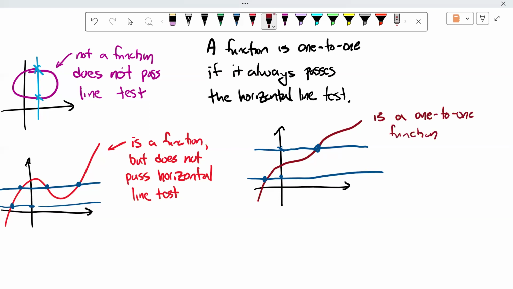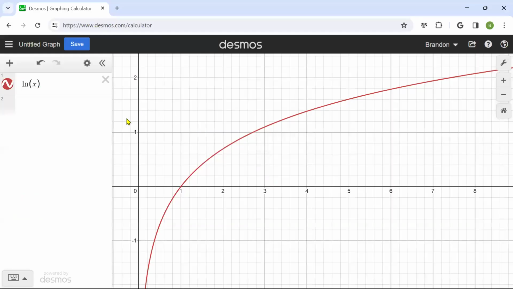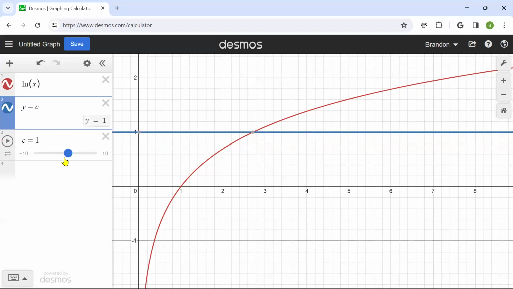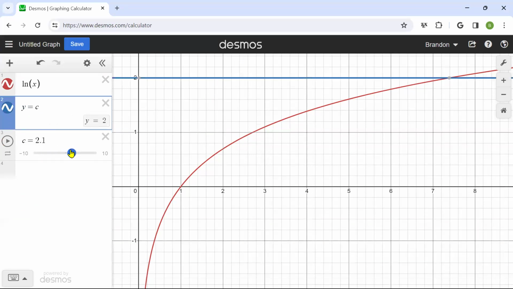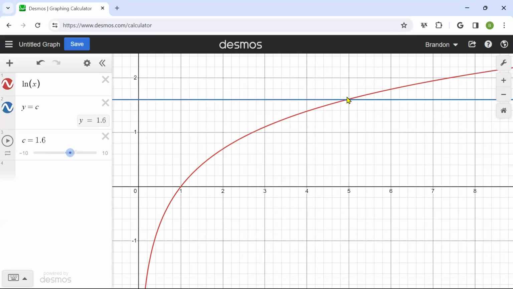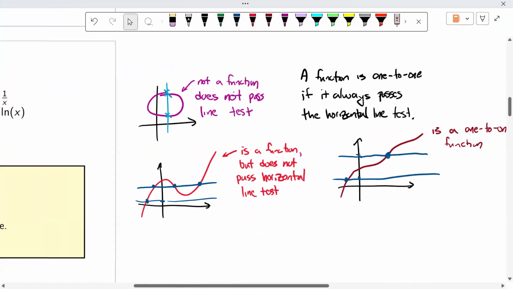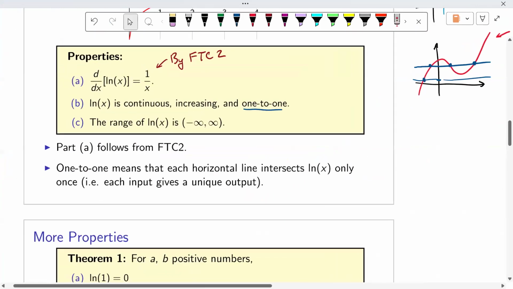And the natural logarithm is similar to it. It's one-to-one as well. If we take a look at the plot of it once more, you can see that if I were to pick a line, excuse me for a moment as I adjust that. There we go. There's my line. If I move my line up and down here, you can see that it's only hitting my function at one point each time. So that's all that theorem is really saying. It's saying that this is a one-to-one function. That'll be important later.